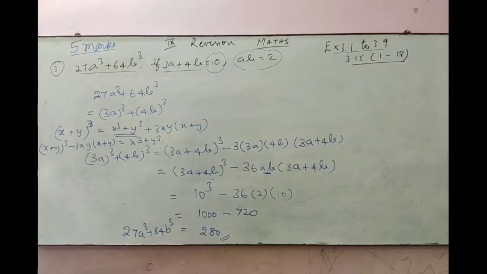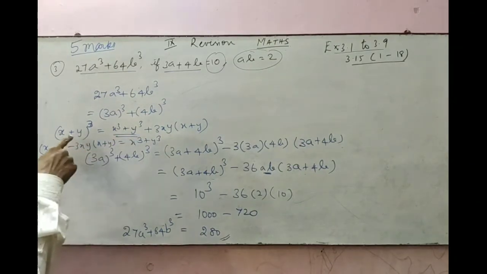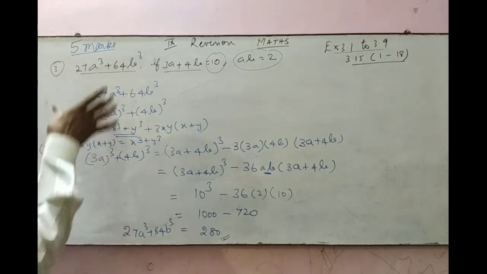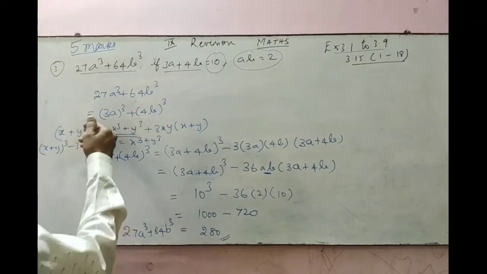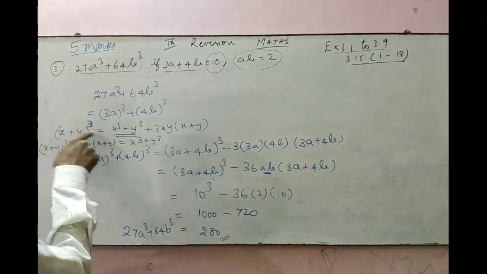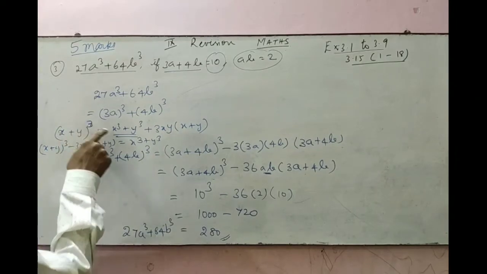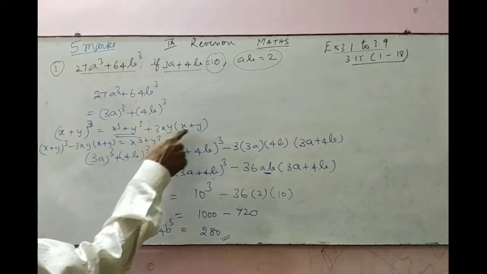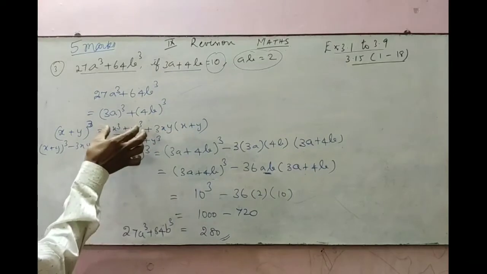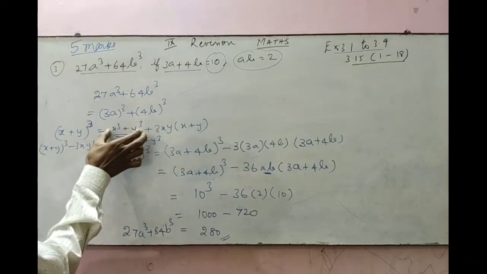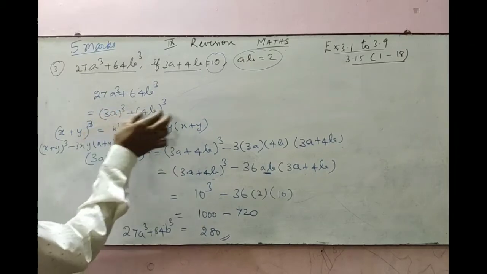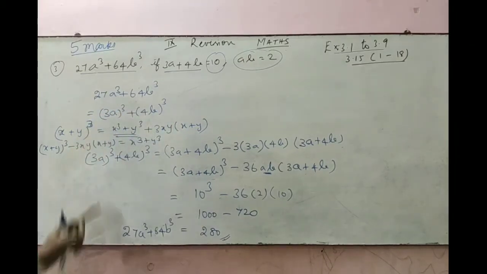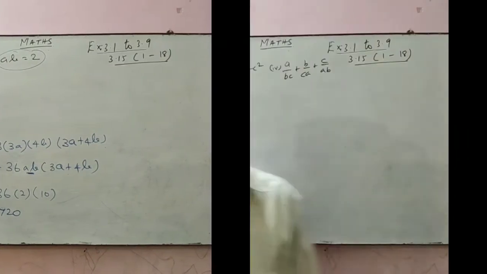So for that, this is the way you have to bring the formula. We don't have a formula for some identities straight away. We have to bring it from the standard identity. This is the standard identity: x plus y whole cube is equal to x cube plus y cube plus 3xy into x plus y. Here I want to find x cube plus y cube, because this is in the form of a cube. So you get this answer as 280.